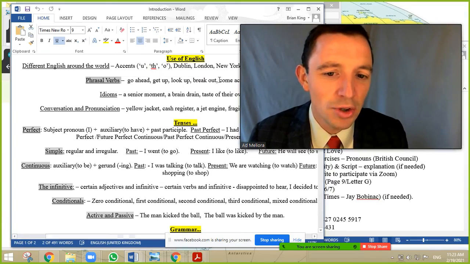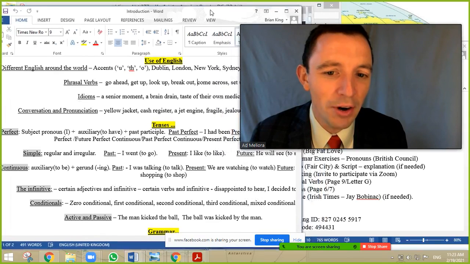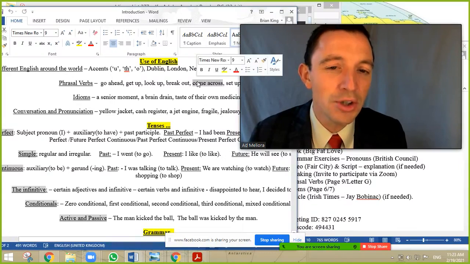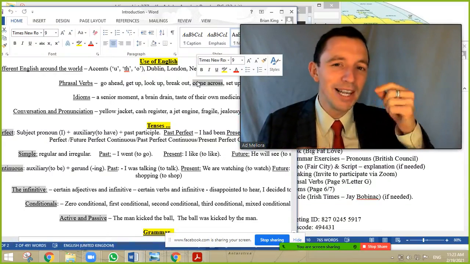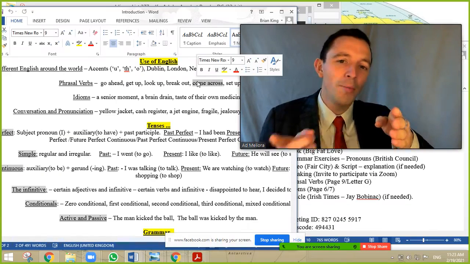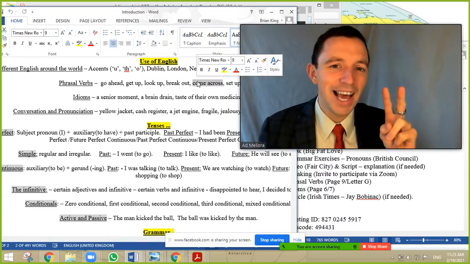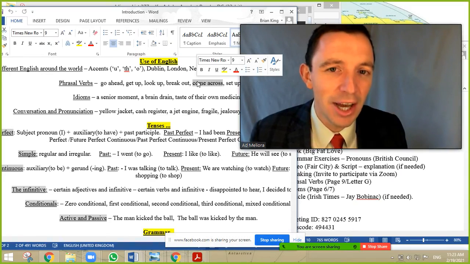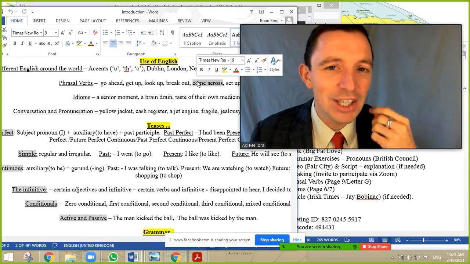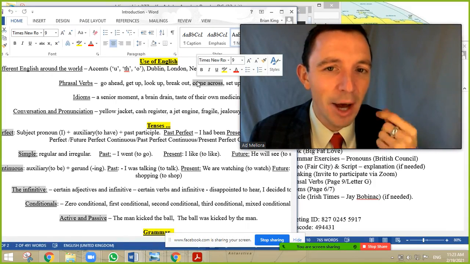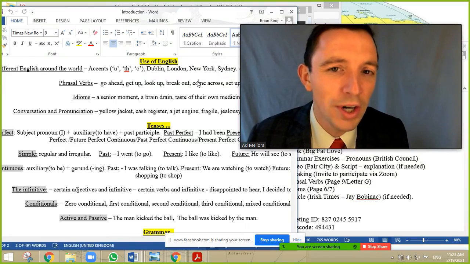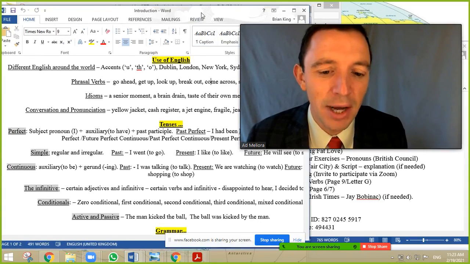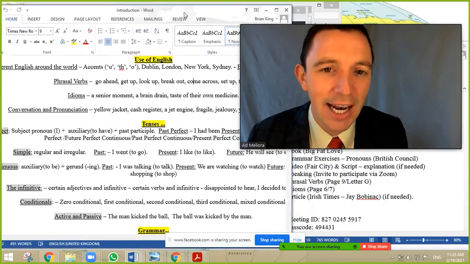Okay, so one example is to come across. So the verb is to come, okay, and the preposition is across. So it's possible literal, the road, come across the road, but the second significance is to find. So I am cleaning my room and suddenly I find a book. So suddenly I come across a book. So that's just one example of a phrasal verb, and they are very, very common again in English.